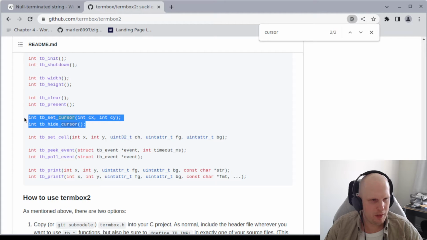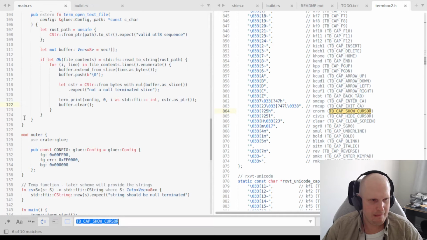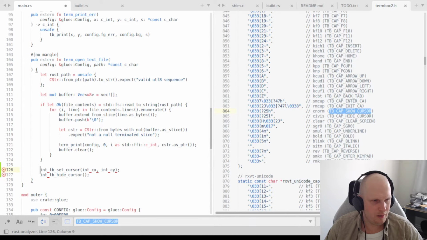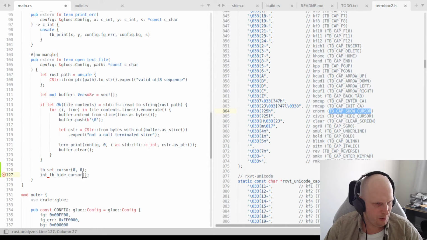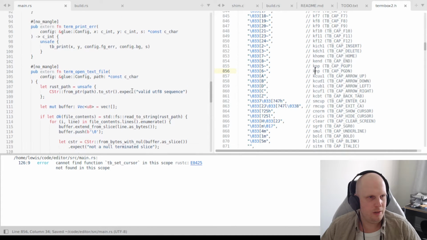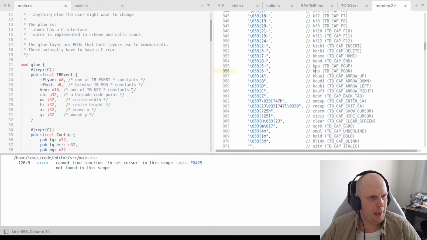So we've done displaying the file. Do we then want to do this, right? TB set cursor will be at 0, 0, and then TB hide cursor. I don't want to hide it at all. I want to set it. Set the cursor. And then we'll say cannot find the function, to which I add it to